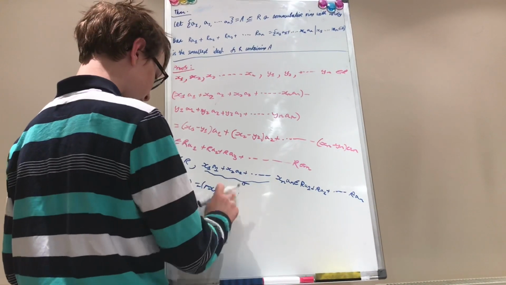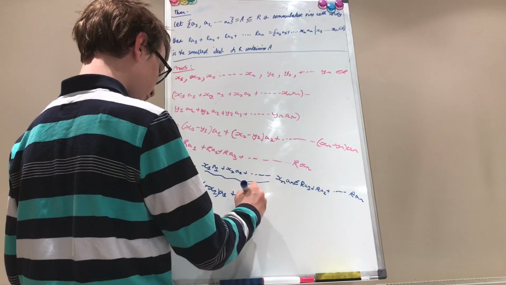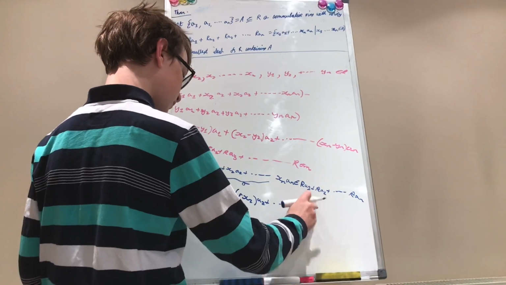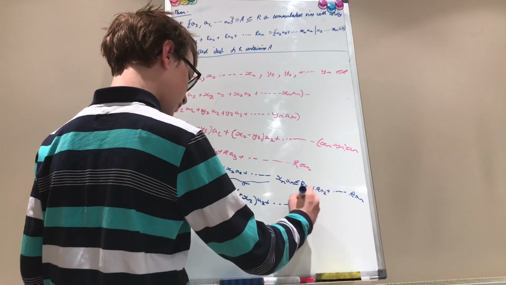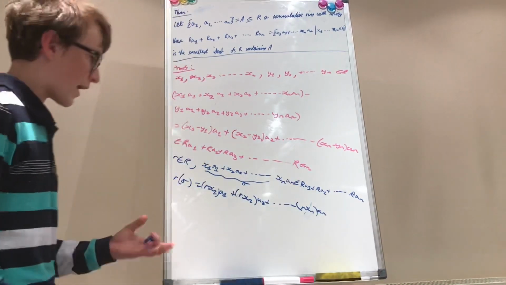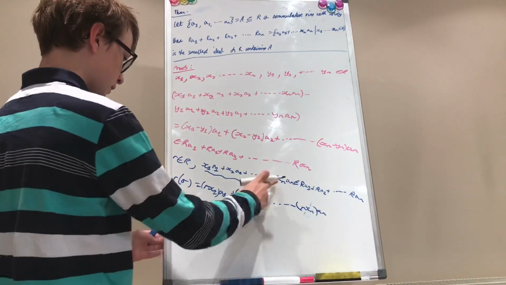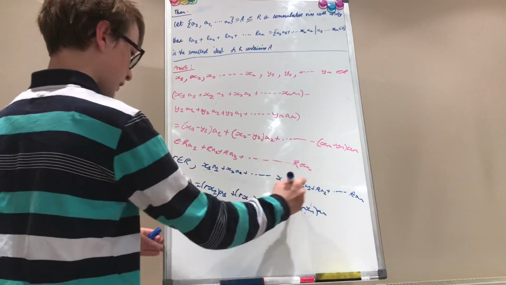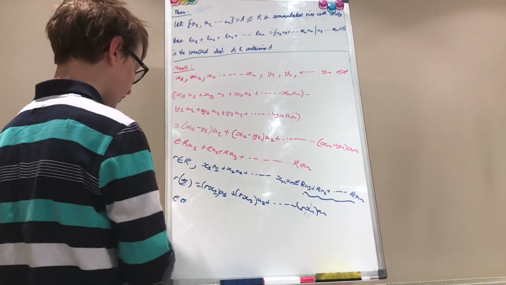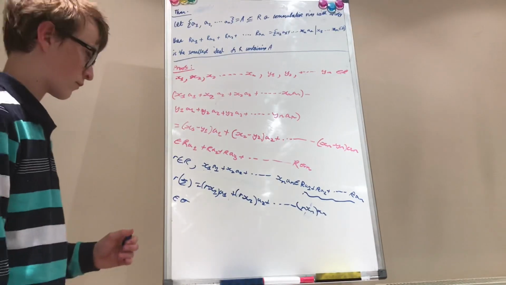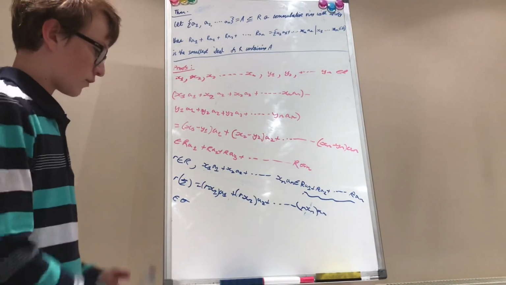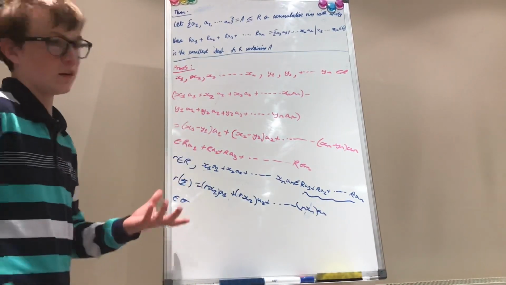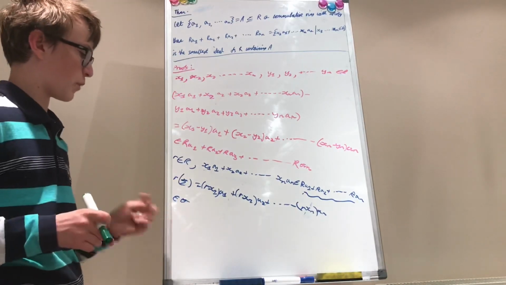plus Rx2 times A2 plus all the way up until Rxn times An. And this is also clearly in, well now, sorry, I'm just going to call this capital sigma. And I'm just going to call this set for now sigma because I can't be bothered to write it out again. Okay? Now, they satisfy the axioms for an ideal, and, well, it follows that for any ideal we pick